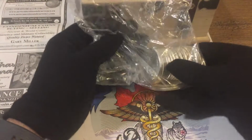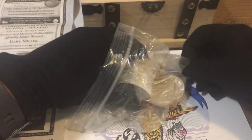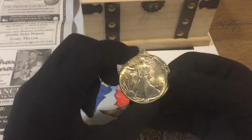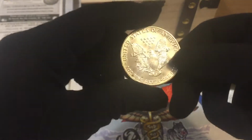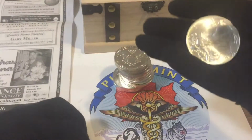May as well start with this one. This was a great find from a dealer. It's an almost solid date run of American Silver Eagles. It's one of the few year sets I hadn't been collecting, but when I saw them all there in Coin Turn, takes a little getting used to. So when I saw them all there,